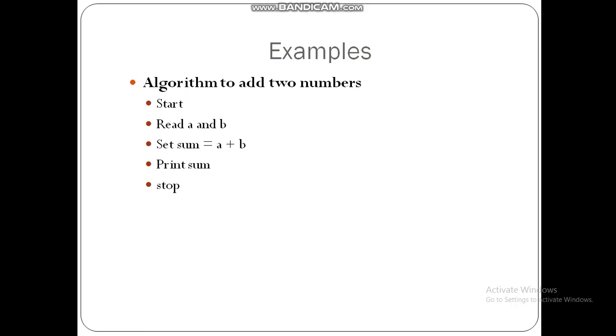So normally what we write? 2 plus 3 equal to 5. So 2 plus 3 we write in the left hand side and the result in the right hand side. But in C language, whatever is the calculation or operation you will be doing, you will be writing it in the right hand side, and whatever is the answer you will be storing it in the left hand side. So I am writing in step 3, set sum equal to A plus B. So the value present in A will be added with the value present in B, and now I have the result.